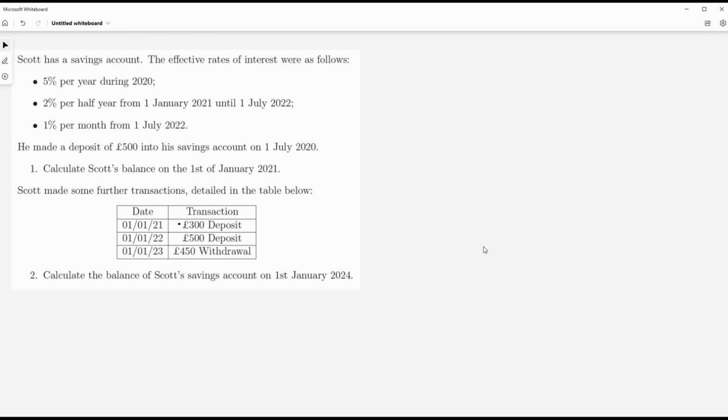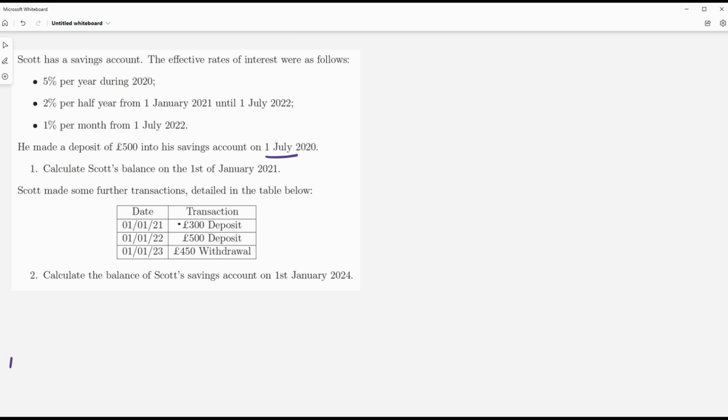Okay, in this video, I'm going to go through this question again and show you an alternative method for how you could go about solving it. So let's start by drawing the timeline out for this. The first thing that happens really is on the 1st of July